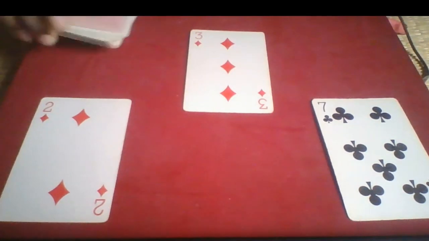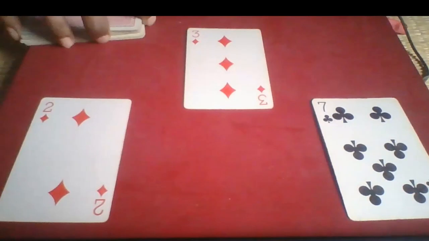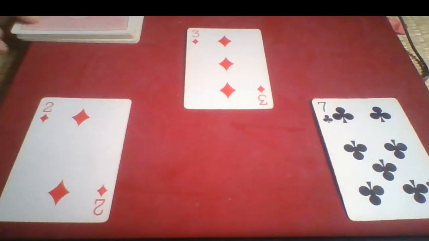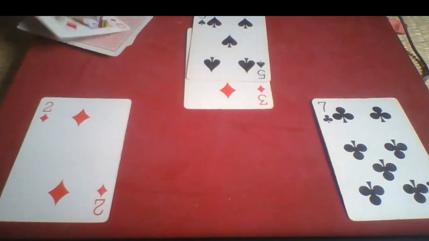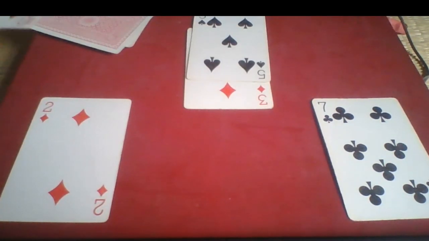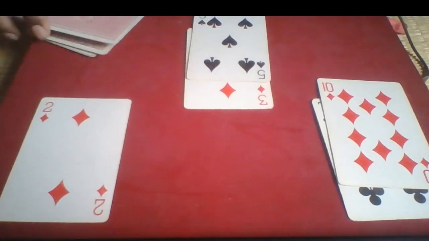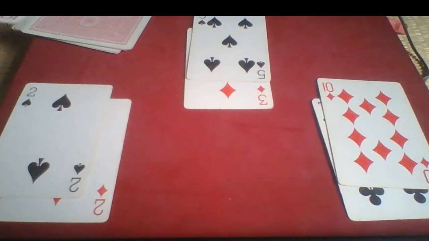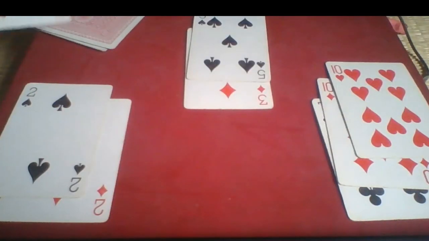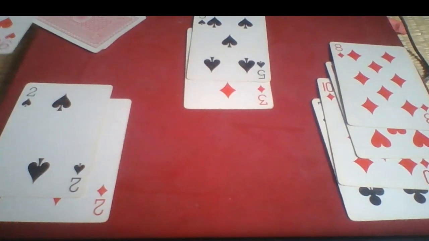Now from the rest of the cards, I will take one at a time and put that card to the nearest centroid. Say 5. The difference of 5 with 7 is 2, the difference of 5 with 3 is 2 as well, so I can put it with either 3 or 7. Let us put it here. Now the next card is 10, so 10 can be in the cluster of 7. 2 can be in the cluster of 2 itself. 10 again, 8 again, 9 can be in the cluster of 7.